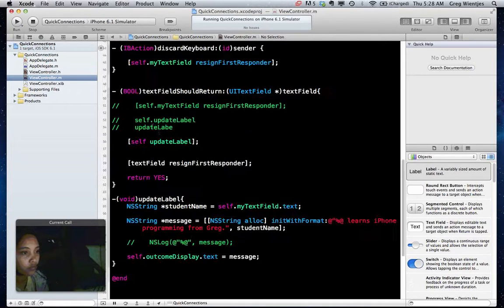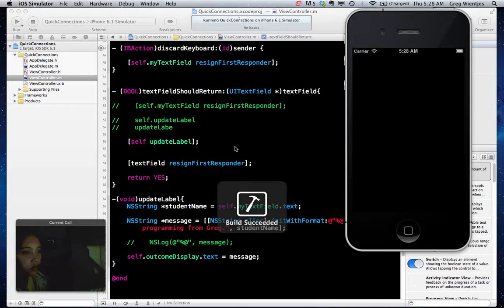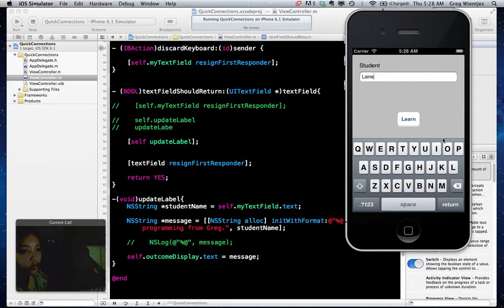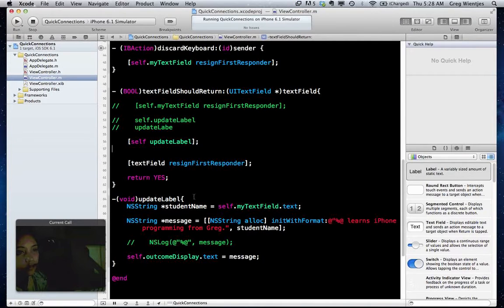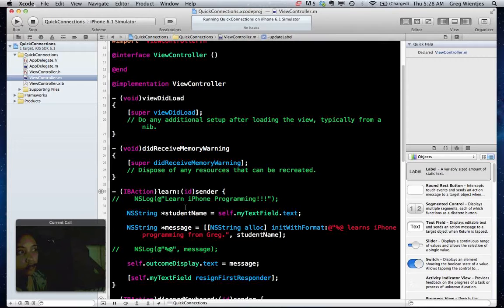Let's see if it gives me an error. Oh, I think it's liking that. Let's see. Lane. Very good. Great. So now this code is in just one place, that helper method,